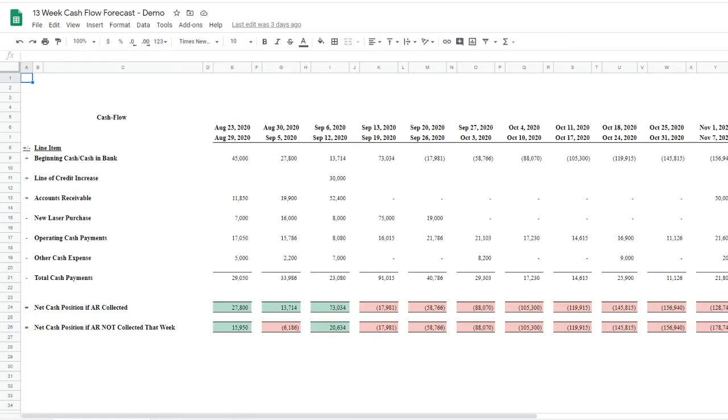So today is going to be a quick video, and I just want to go over the 13-week cash flow forecast template I have out there for you guys, just to walk through it and show you how it works,